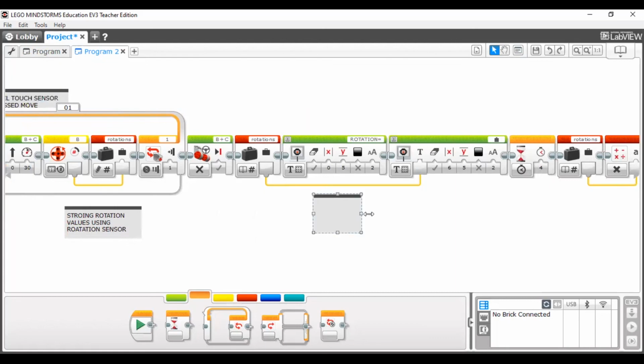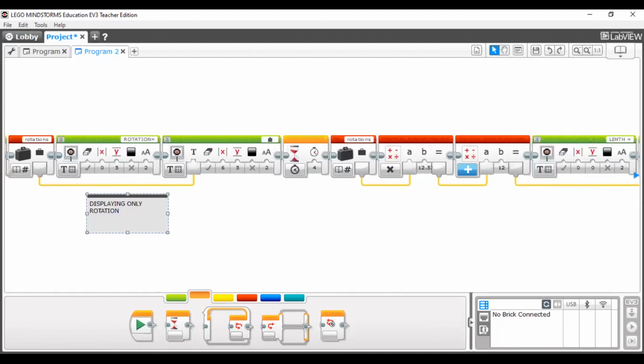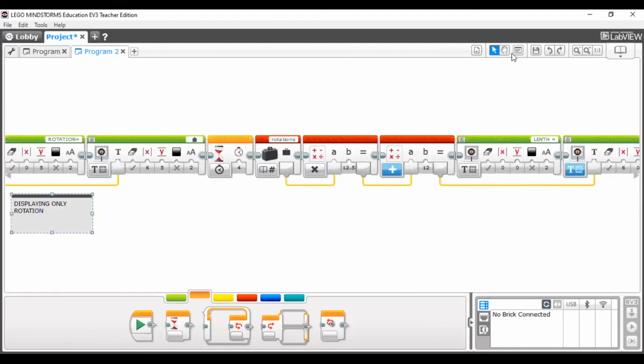This is for displaying the rotations, only the rotations. And what about this one? This is for calculating how many rotations, the total rotation length.